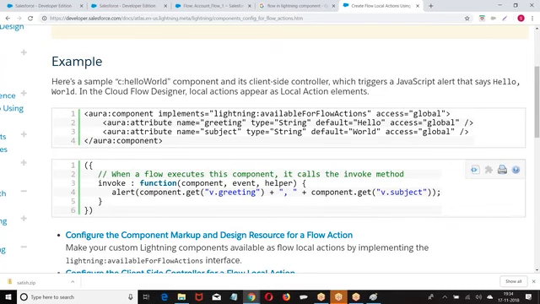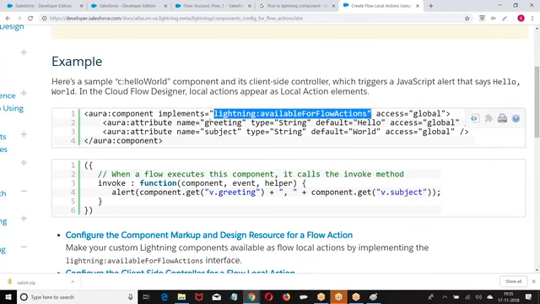When you are creating a component, you created this component. If you want the component to be available in flows, it has to implement the interface lightning:availableForFlowScreens. If you want a Lightning component to be available in flows, we have to implement lightning:availableForFlowActions, and access should be global, which is mandatory.